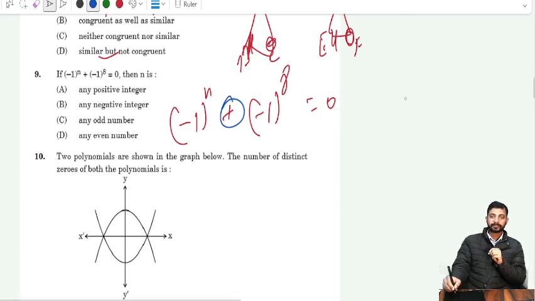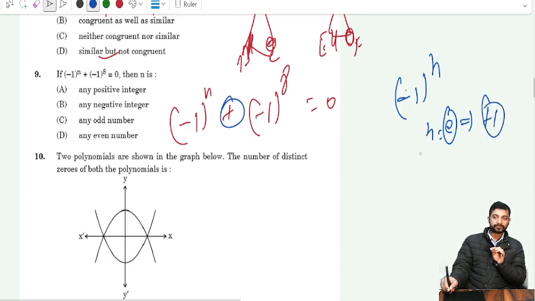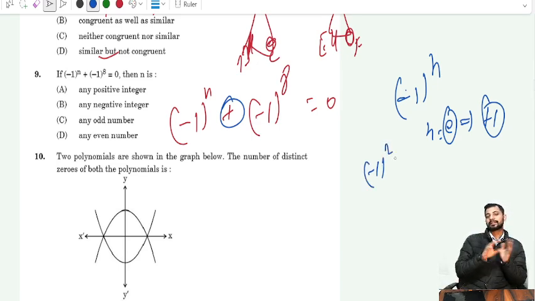So here a concept is used. If minus 1 to the power n, if the value of n is even, it means this gives you plus 1. Why? Because minus 1, and let's put n even, 2. So minus 1 multiplied by minus 1 gives you plus 1. If you put here 3, not 3, 4 even, so minus 1 multiplied 4 times gives you plus. So minus 1 to the power even gives you a positive number. So here, this minus 1 to the power 8, 1 multiplied any number of times gives you 1.